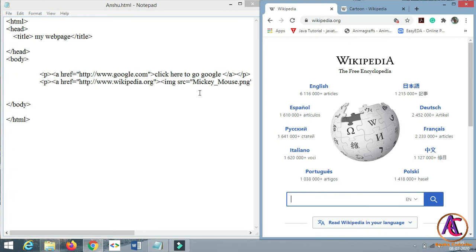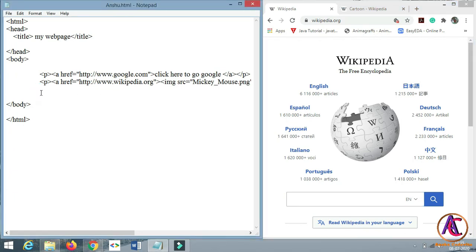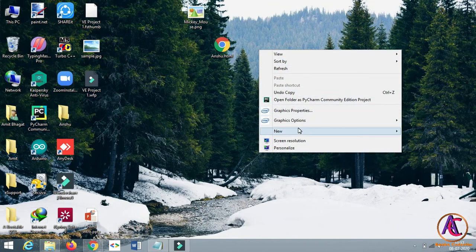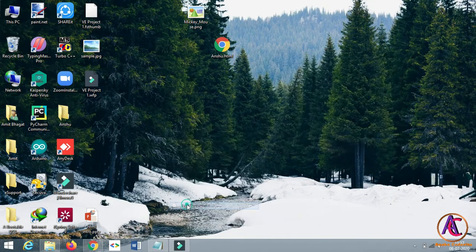We can also give a link to any other file on our device. To do that, we have to create a paragraph. In that we have to use an anchor tag and give the reference to the file. So let's create a file on our desktop, creating a new text file, and give the name code.html,